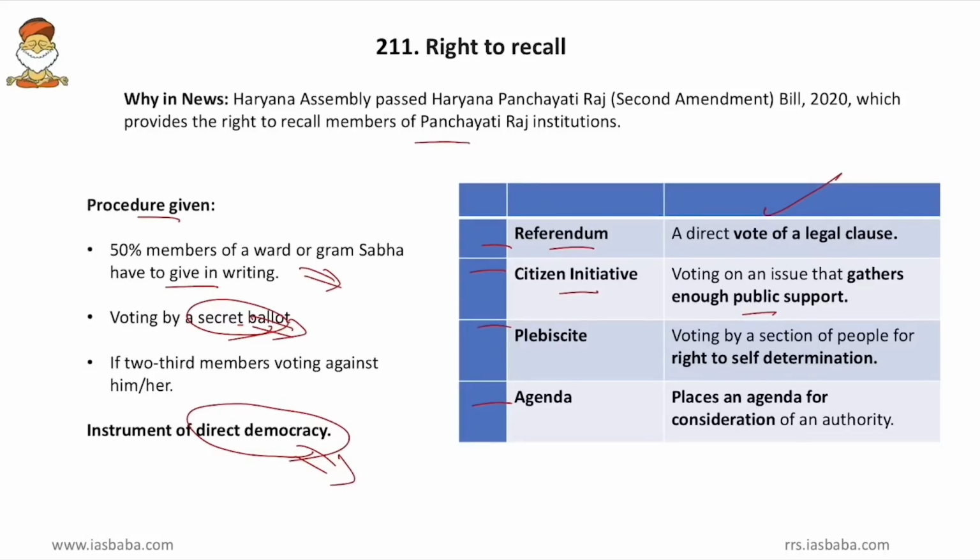Then coming to plebiscite. Plebiscite once again is a public voting system wherein the sovereignty of a territory of a land is determined. So, what the people of Scotland are doing now is a plebiscite. Then coming to agenda. So, agenda is that form of public voting wherein any agenda is taken up by the public, and when they vote, then the government has an obligation to take up and consider such issue for the discussion and further implementation. So, these are the 4 instruments of direct democracy. We will remember it and have a brush up and move on.